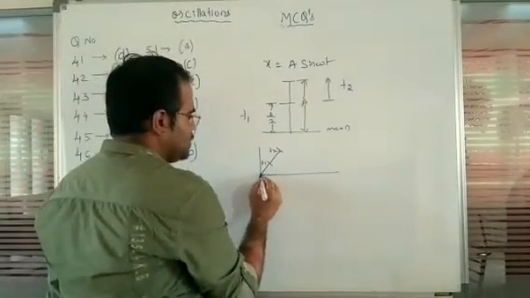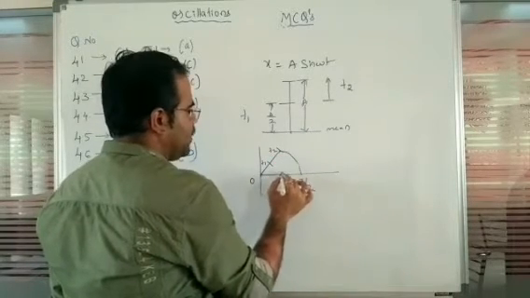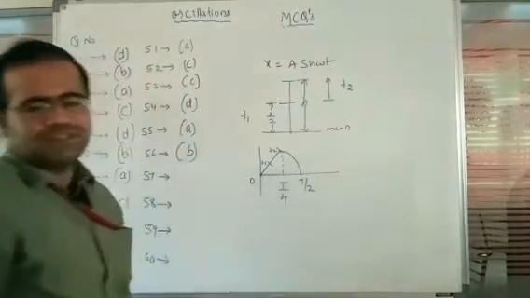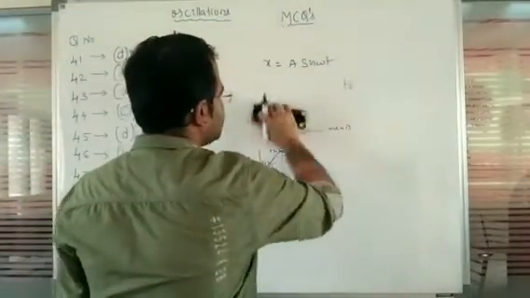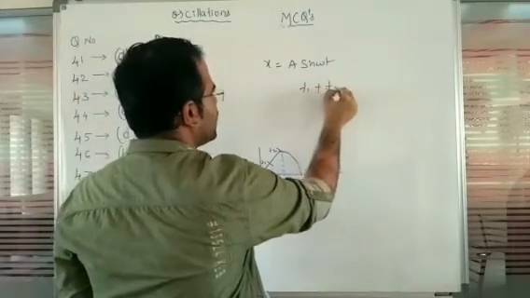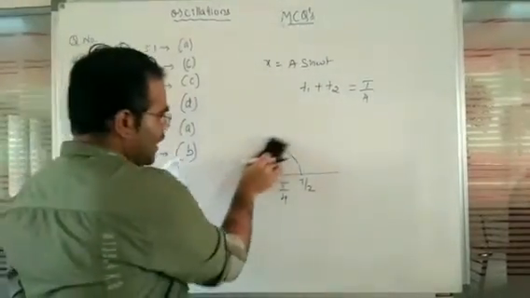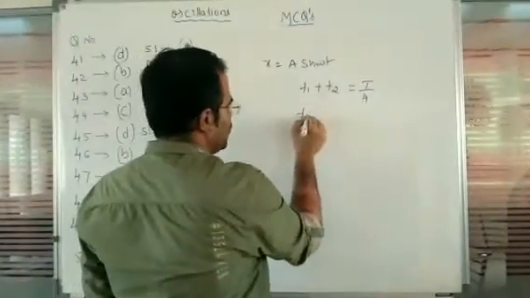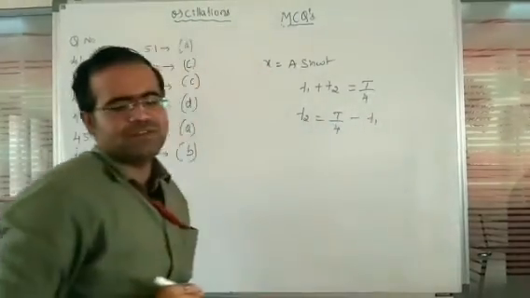But when we observe, this is the 0th point, when it comes here, this is T by 2, and when it comes here, this point, there we can observe T divided by 4 here. So this is the value when we observe in terms of the time period. So when we observe in terms of a time period, there we are going to observe T1 plus T2 is equal to T divided by 4. So it's a given equation. Now, in that given equation, again you are going to observe T2 is equal to T divided by 4 minus T1. So that's the first equation.